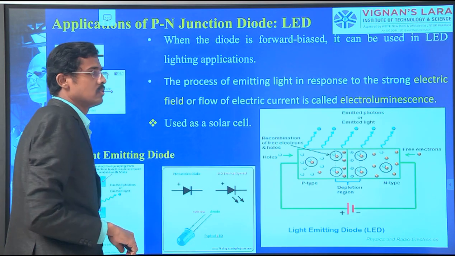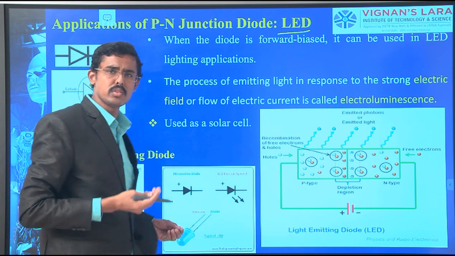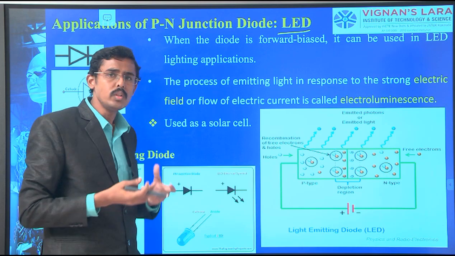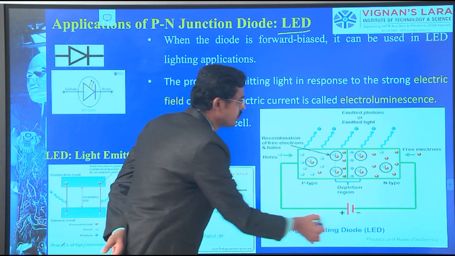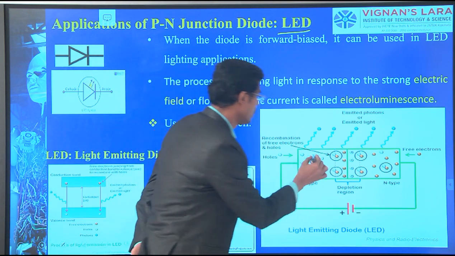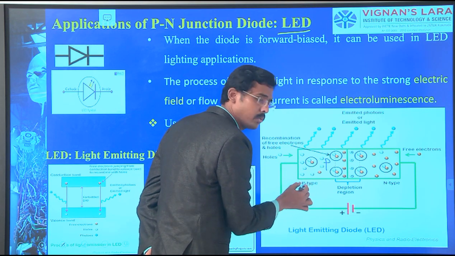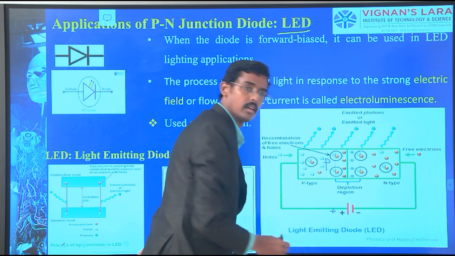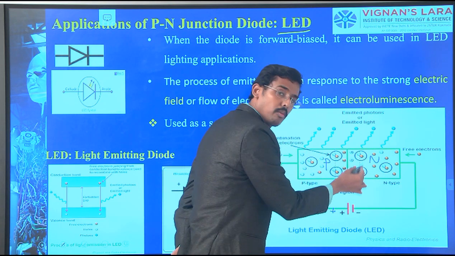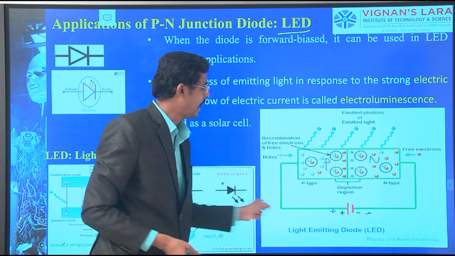So now we come to the next topic, the LED, an application of the PN junction. We are using this simple PN junction and converting it into an LED. How is this simple? We know this circuit. You see, here we have a P, which is positive. We have connected the positive here, and we have an N-type semiconductor, with forward bias. So this flow happens here.